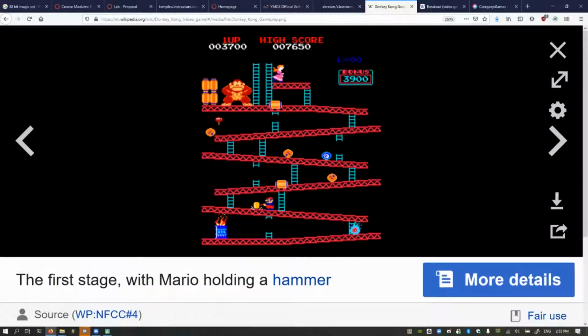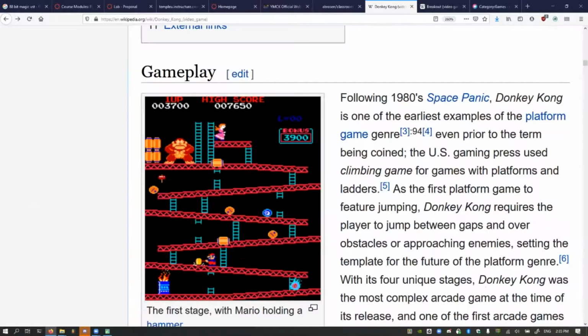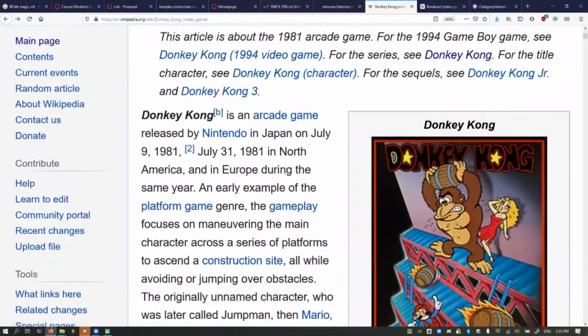So you don't really get freedom of movement in the air like you do in Super Smash Brothers. Once you jump, you're basically just gotta hope you jumped correctly because there's no adjusting that. That's part of what made it difficult, but that is kind of one of those difficulties. So Donkey Kong is one of those games.